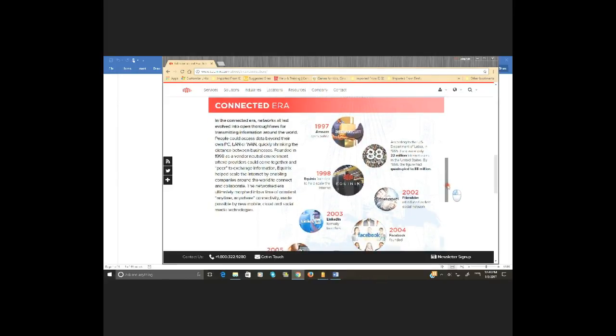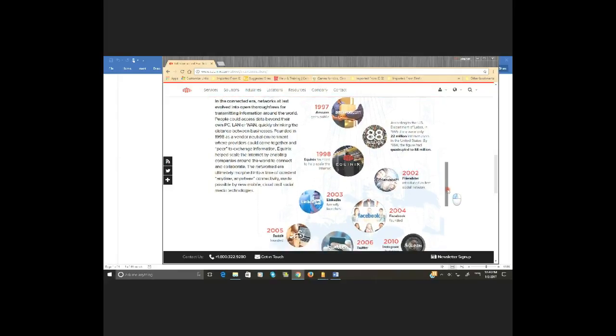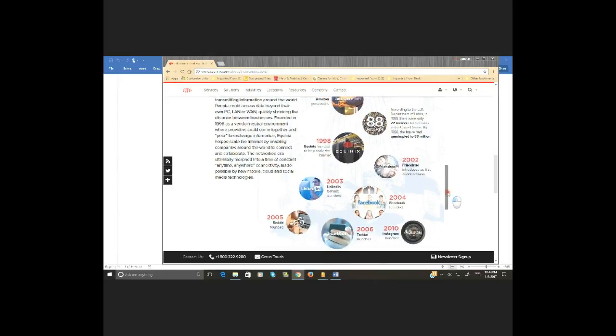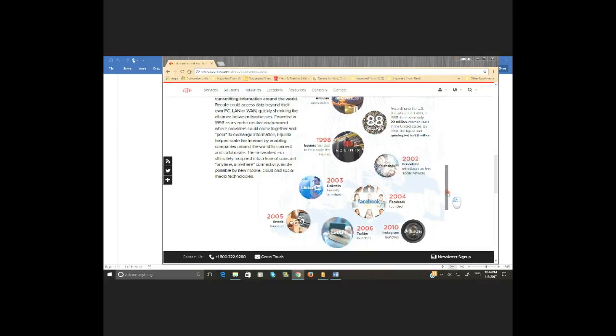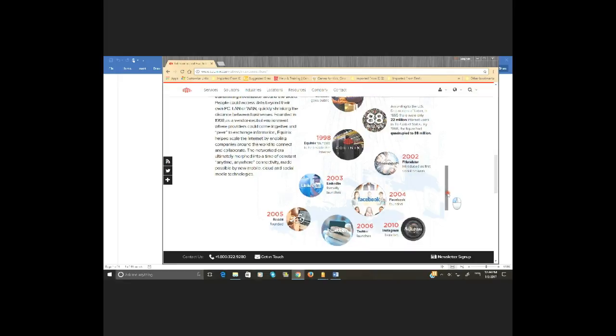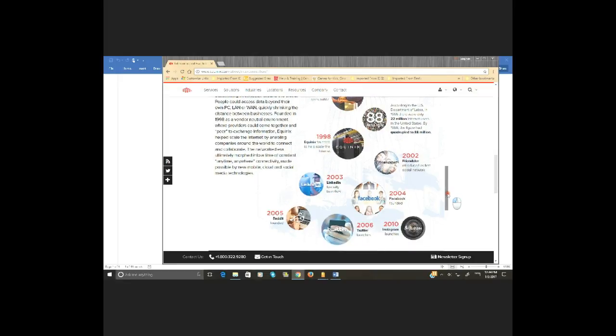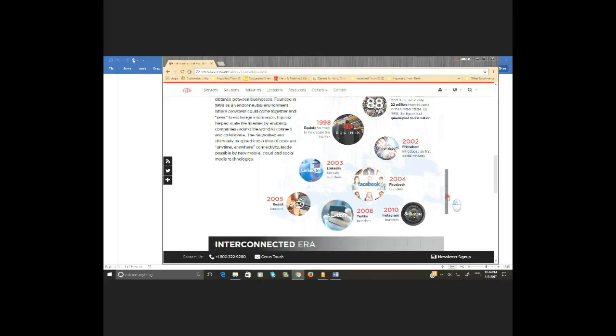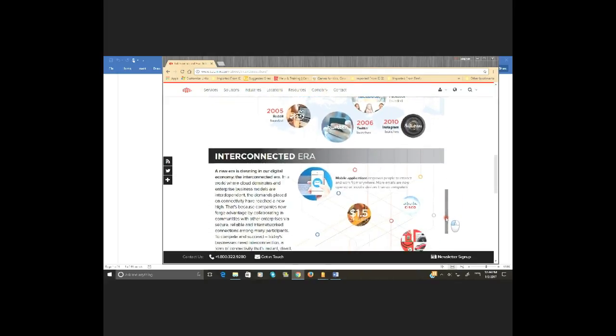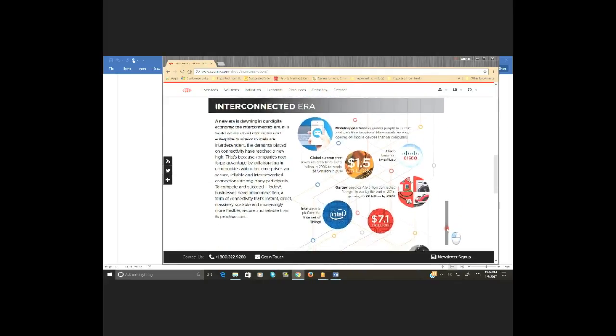E-commerce is starting to become around. SSL, secure socket layers, are introduced. You see some of the growth of some of the other nations. Look how information is being processed now. Not only that, but the volume of data being able to transfer across a wide area network is also increasing with dense wave division multiplexing and fiber optics. Interconnected era. Here we are today. Here we are. Look at this.